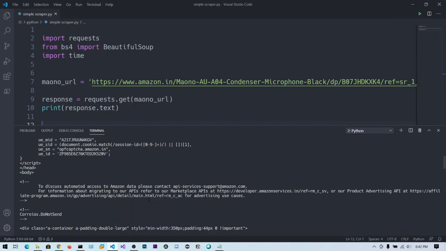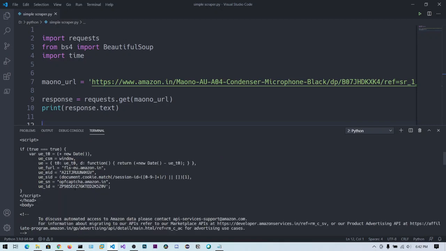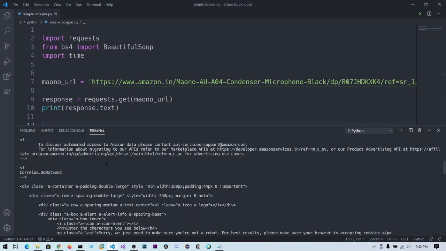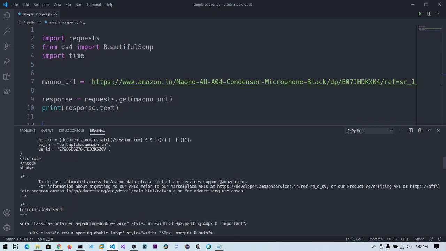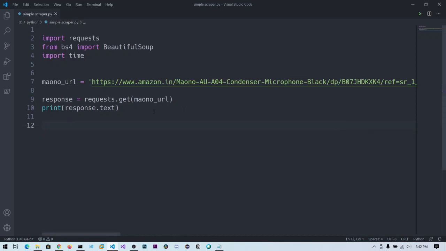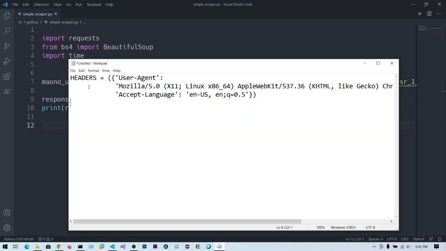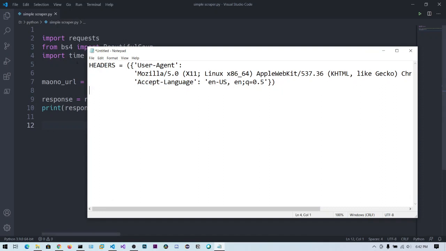You can see there is a little HTML code. You can see: to discuss automated access to Amazon data, please contact API services. What this means is our Python program has been blocked by the Amazon web server because they think that we are a bot. They think that we are a bot because we are missing some headers in our get request.